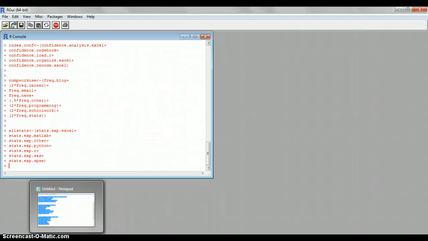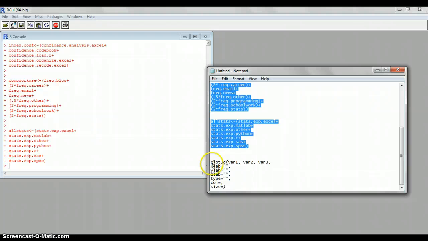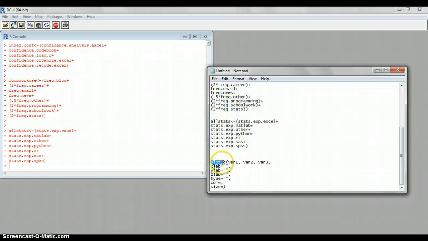So that's there. And then this is your basic bones for the 3D plot in RGL. It's really simple. It's just plot3d. Then you have your three variables here. So the three that we have, which are just 1, 2, 3, you can just type in index.conf, conf.work.use, and then all.stats. So the X label will be confidence, the Y label will be computer work use, and then our Z label will be